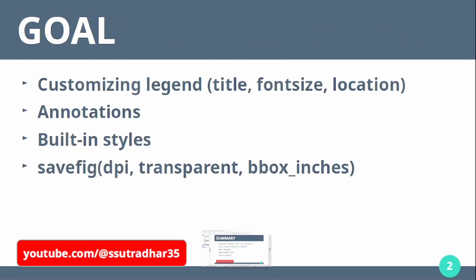data. So what we are going to do in this video is customize the legend, and then we will see how to put annotations in our chart. Then we will see the built-in styles that we have for the defaults. There are many. I will show you how to see the styles that we already have present, and then we will see how to save a chart. So with that said, let's go ahead and